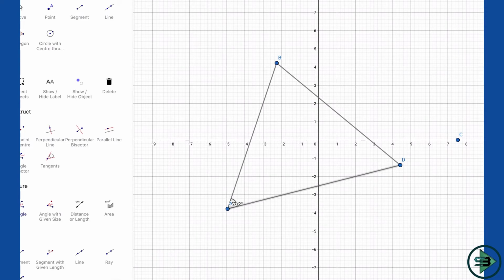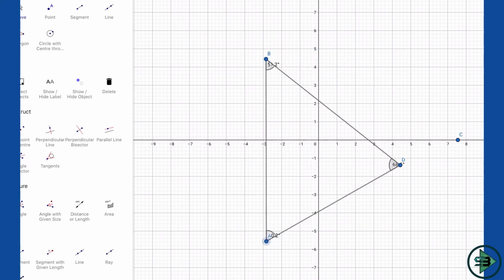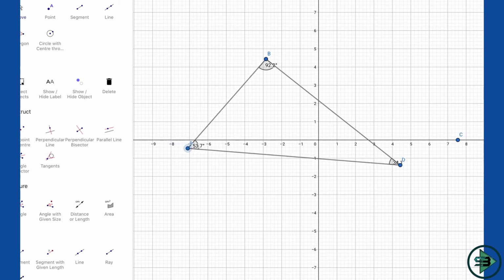So let's move on to that now. Let's start moving all these. Let's make one of the angles 90. Which angle will I make 90? I'll try and make this angle 90. Yes, now it is 90. Let's make it clear: this is 88, 89, 90. This is now a right angle triangle. But what is an isosceles right angle triangle? You will have to make the other 2 sides equal. So let us check the lengths now: 6.7 and 9.3, so they are not equal. We'll have to make them equal.